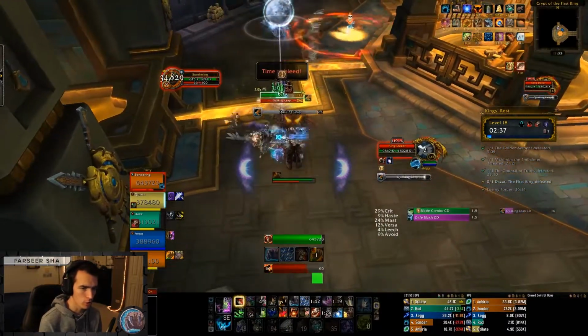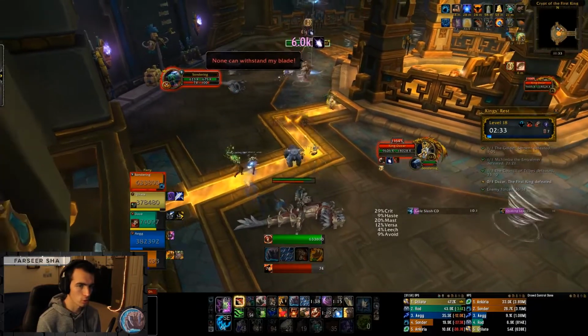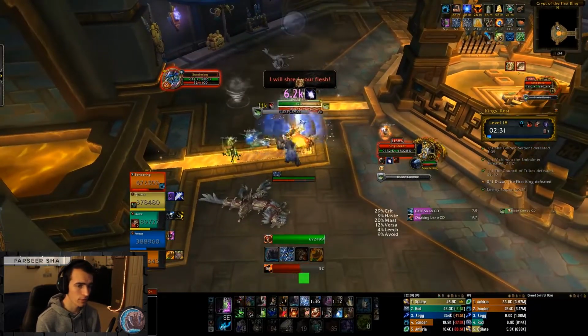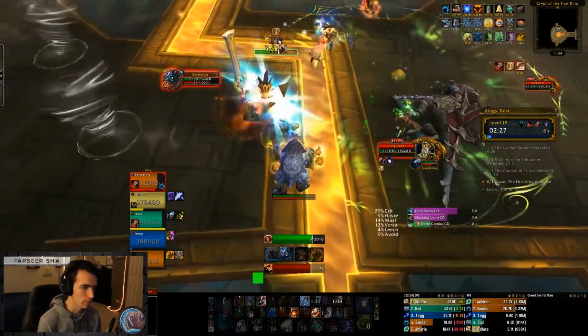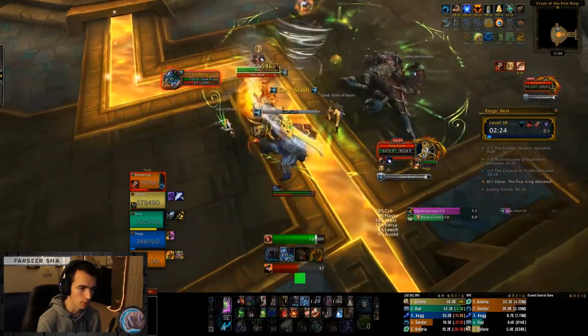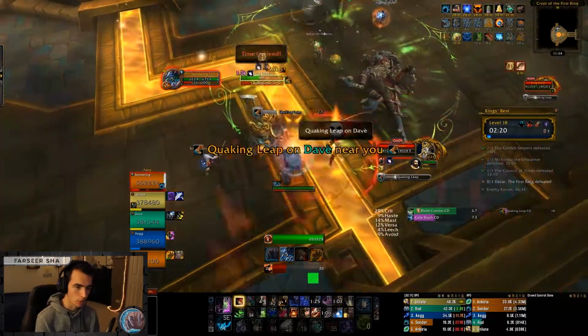Obviously, in Tyrannical Weeks, you might get a third fear. Tremor Totem is super powerful. Warriors can also personally not get feared, but for the most part, you just got to sit through it. It's a 2-second interrupt. Just make sure right before it comes out, you want a Frenzied Regeneration. If you're sitting anywhere below probably about 70% health, you want a Frenzied Regeneration,